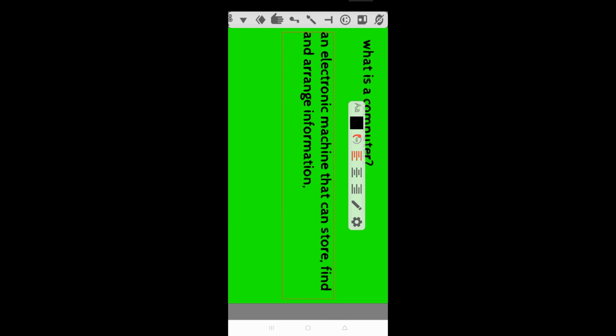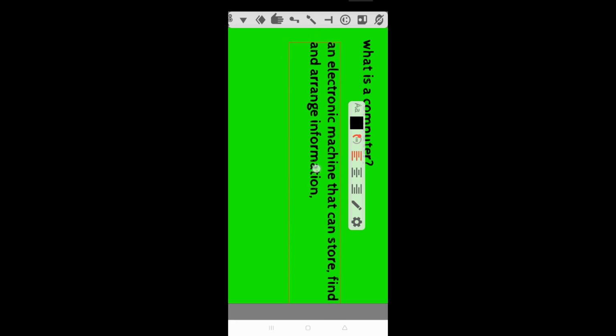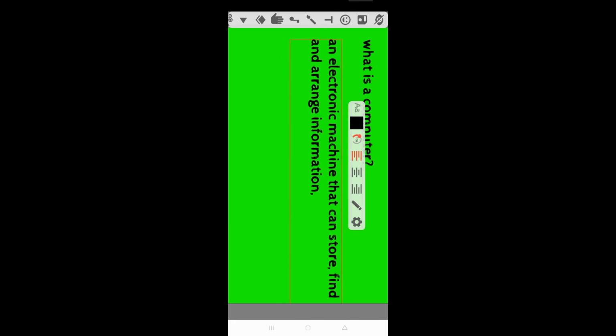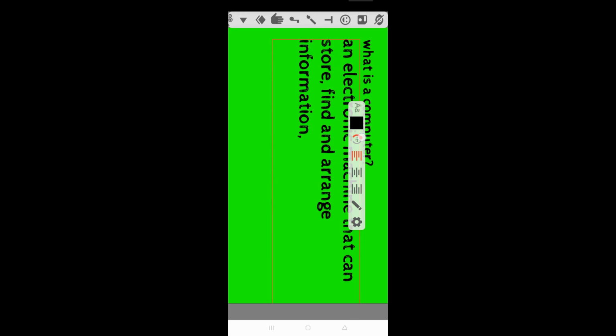Then done. Insert also like this. Little I will increase the font size using this tool. Okay, I will keep it here, and also we have to put a computer photo here.